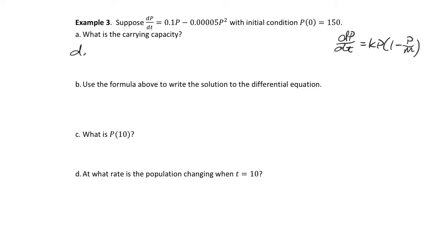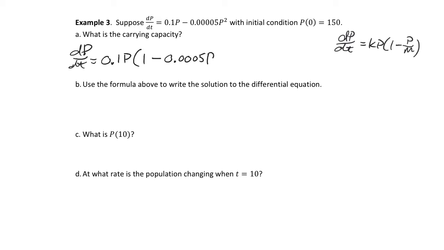So that's going to give me dp dt equals 0.1 p. We factor out the 0.1 p, we'll get 1 there. And then when you think about factoring, you divide. I would divide this 0.00005 by 0.1. Well, 0.1, if we read it correctly, is 1/10. If you divide by 1/10, that's the same as multiplying by 10, which is going to give us